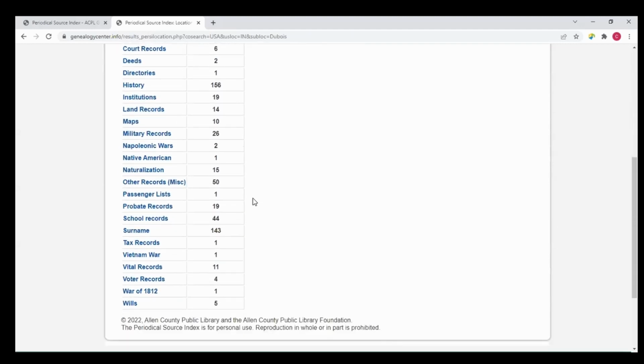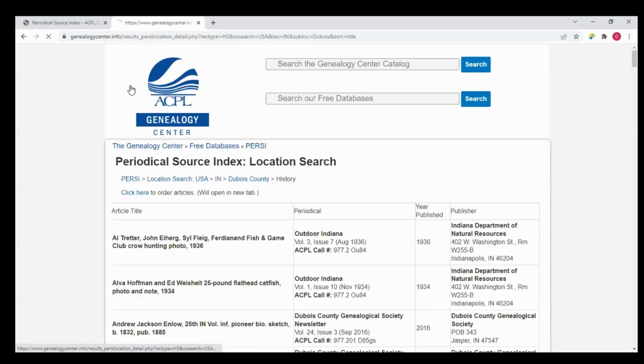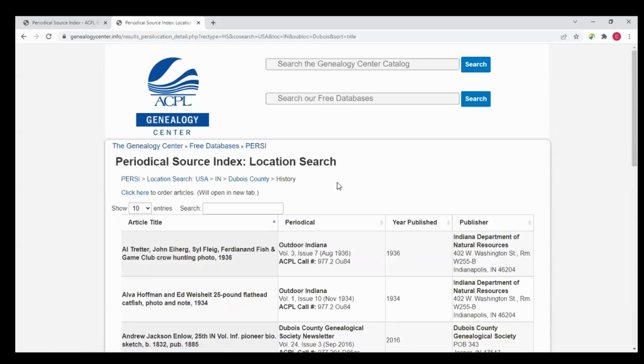Let's take a look at a larger data set. Let's go to history. We oftentimes ignore history because we think it's too large, too broad. You are defaulted to see the first 10 entries of every search result, but you have a choice of 25, 50, or 100. I usually like as large of a result set as I can view at one time. I think that's my impatient type A German personality coming out.